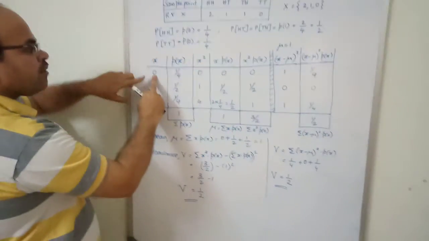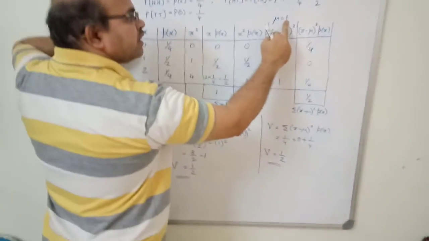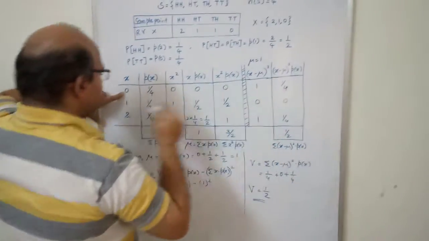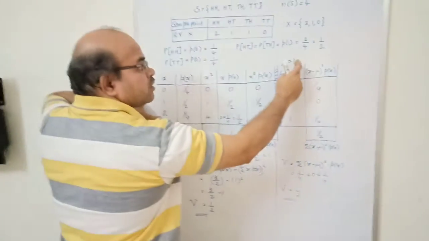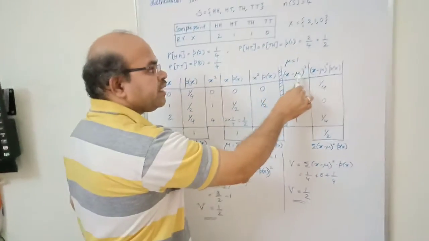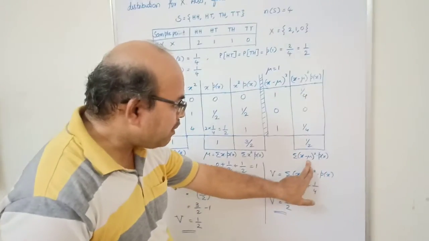So x is here. 0 minus 1. Minus 1 whole square is 1. Next, 1 minus 1. 1 minus 1 is 0. 0 whole square is 0. Next, 2 minus 1. 2 minus 1 is 1. 1 square is 1. Now after finding x minus mu whole square, you have to multiply that with P of